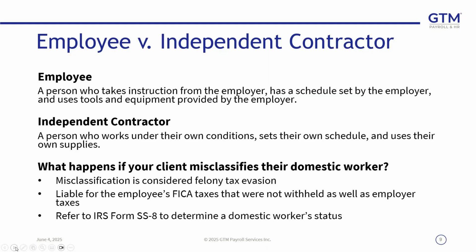So for example, a family with a nanny says your work hours are Monday to Friday, 8 a.m. to 6 p.m. The baby takes a nap at this time and is fed at these times. The nanny uses the family stroller for walks and their kitchen to prepare food. A nanny is not going to determine when they'll work, and they're not going to make up a baby's sleeping schedule and eating schedule. So in this scenario, the family is in control of the employment and the nanny is